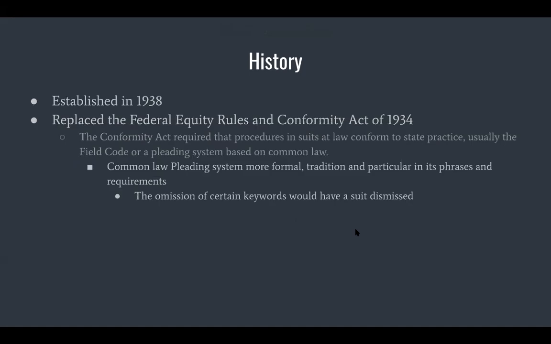Okay, the history. It was approved in late 1937 and it went into effect, I believe, on January 3rd of 1938. It replaced the Federal Equity Rules and the Conformity Act of 1934. So what was wrong with the Federal Equity Rules and Conformity Act of 1934? It was too restrictive. The Conformity Act required that procedures in suits at law conform to state practice, usually the Field Code,